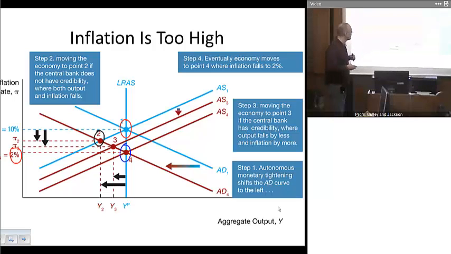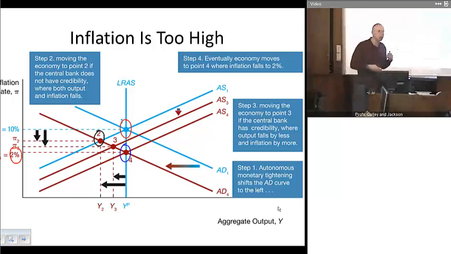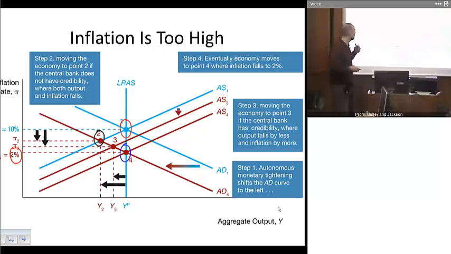But now let's switch things up a little bit and imagine that this central bank has credibility. That when they say, we're going to reduce the inflation rate by reducing the money supply by pursuing a contractionary policy, the public's inflationary expectations adjust accordingly. People look at the current inflation rate of 10%, they realize it will fall to, say, the new long-run 2%, and when that happens, the short-run aggregate supply curve will start shifting down from AS1 to AS4. And that will happen more quickly than under the no credibility situation.